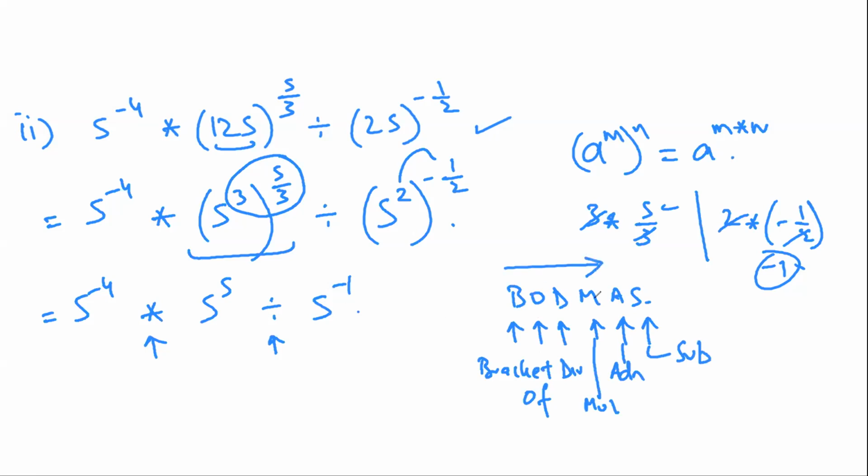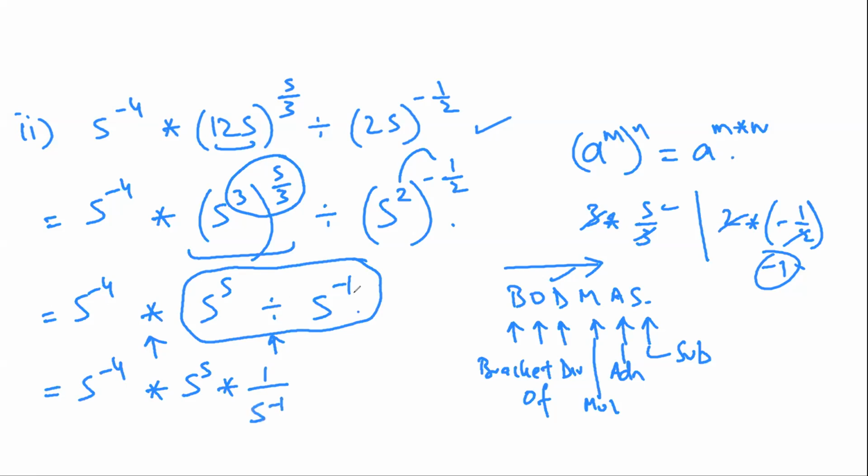So between division and multiplication, I need to do division first. So I'll be doing this operation first. This will remain the same. So this is 5 raised to power minus 4 into, this is 5 raised to power 5. Division: I replace this division by multiplication and I take a reciprocal of the whole of this number, and this would be equal to 5 raised to power minus 4.